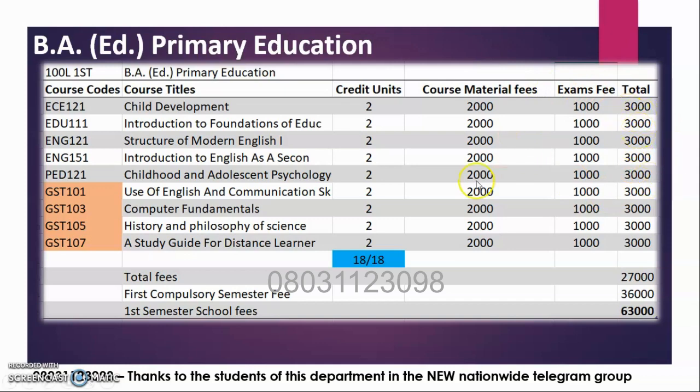It's 1,000. Okay, so if you add the course material fee, or course registration fee as it is generally known, plus the exam fee, it will give you these totals here, which sum up to 27,000. Your first compulsory fee is 36,000 naira. But from future semesters it becomes 18,000. From the second semester onwards, it becomes 18,000 per semester. You pay it before you register these courses. So put them together, 27 plus 36, you will be paying 63,000 in total for the first semester,